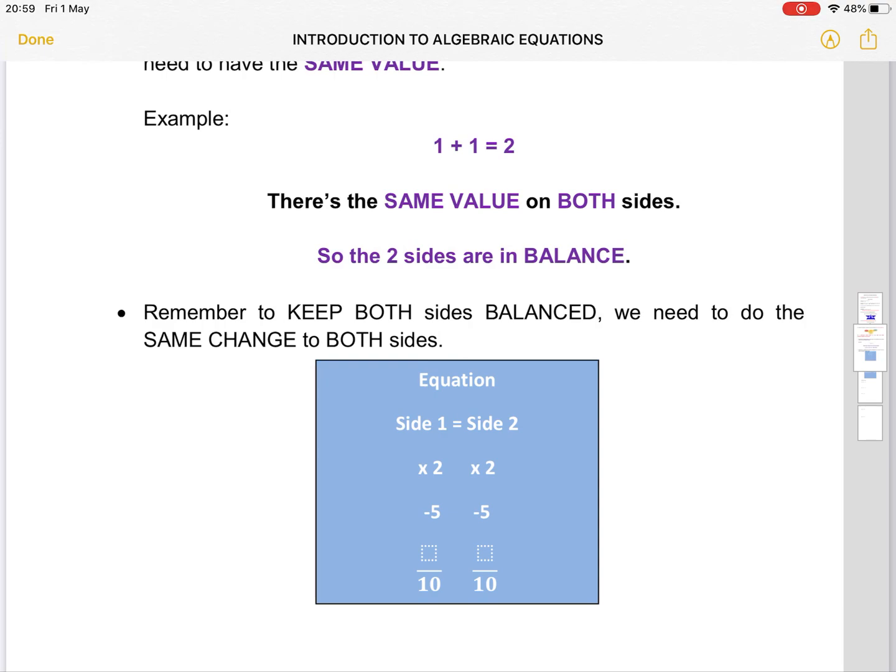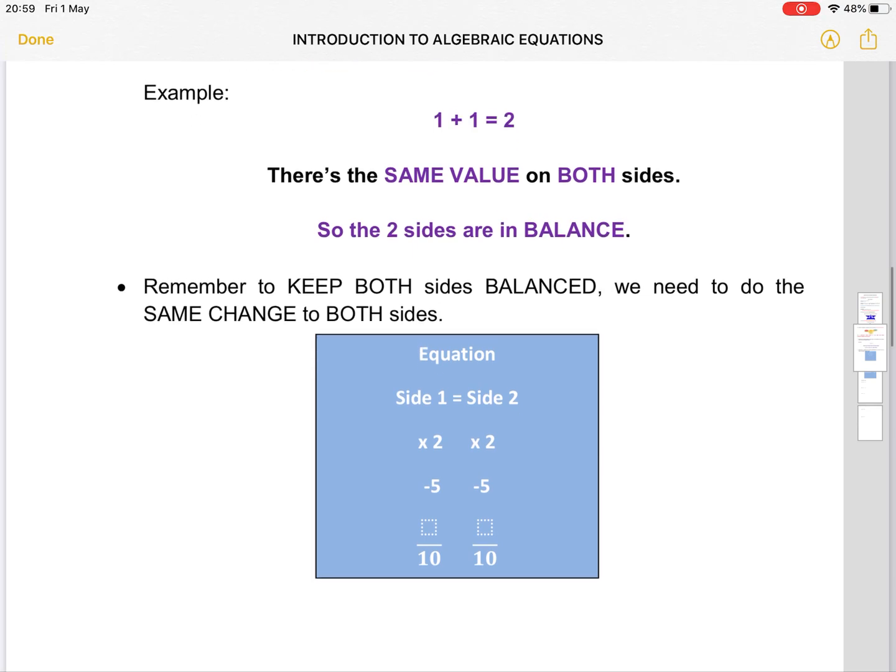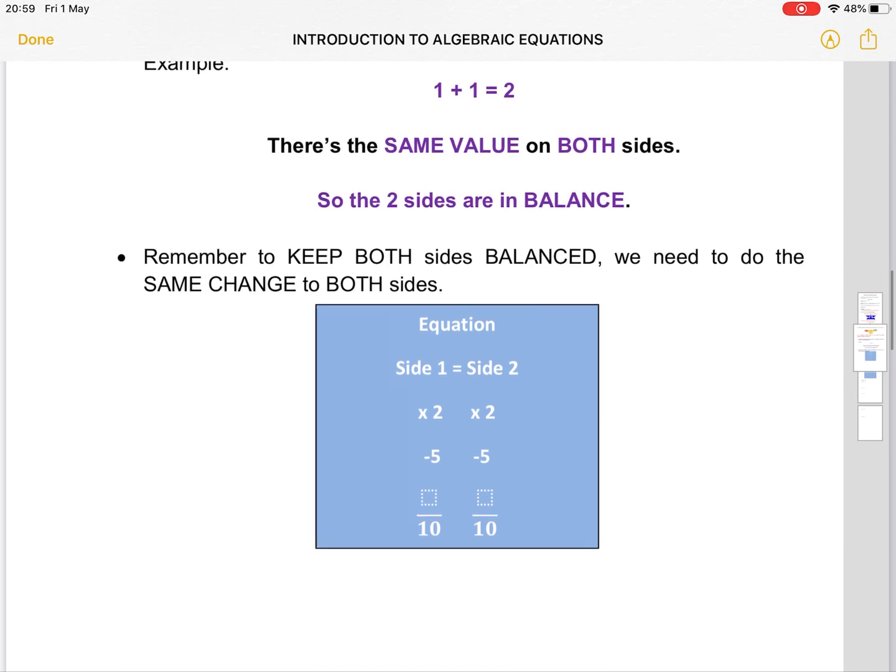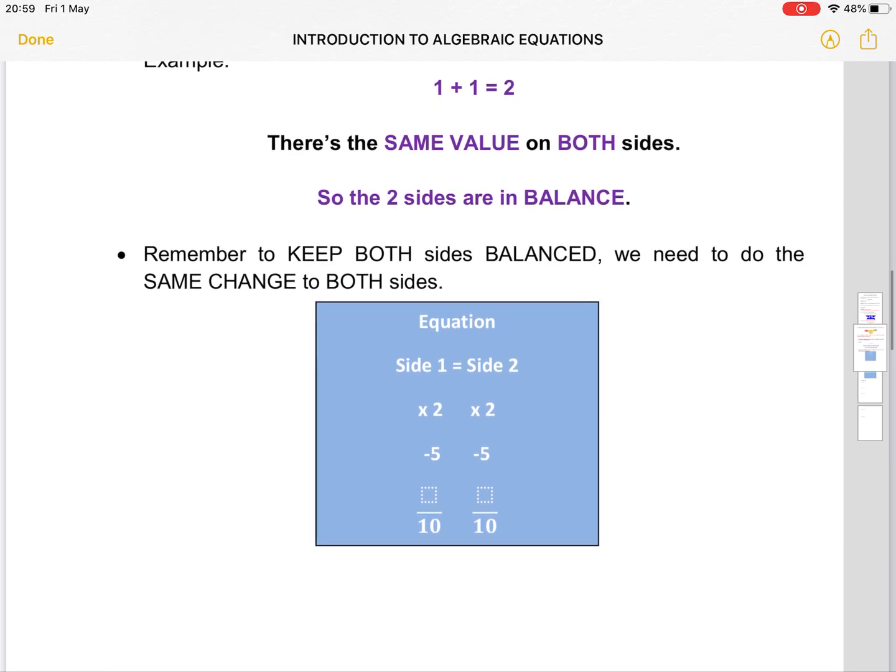If we subtract 5 from side 1, then we need to subtract 5 from side 2 as well, okay? If we divide side 1 by 10, then we need to divide side 2 by 10 as well, okay? So what is done on one side needs to be done also to the other side to keep the sides